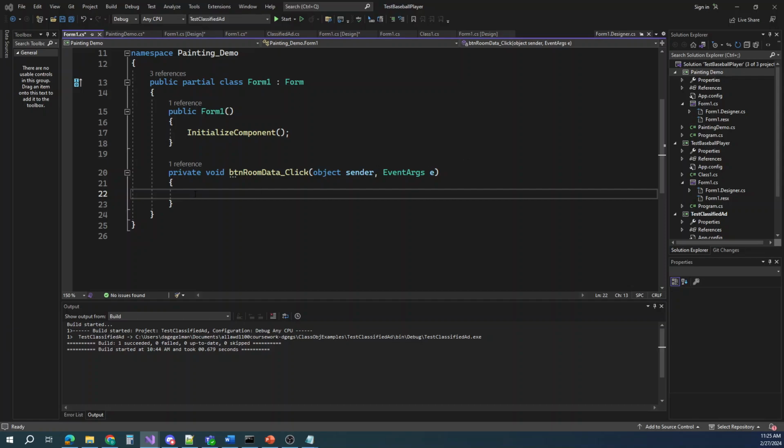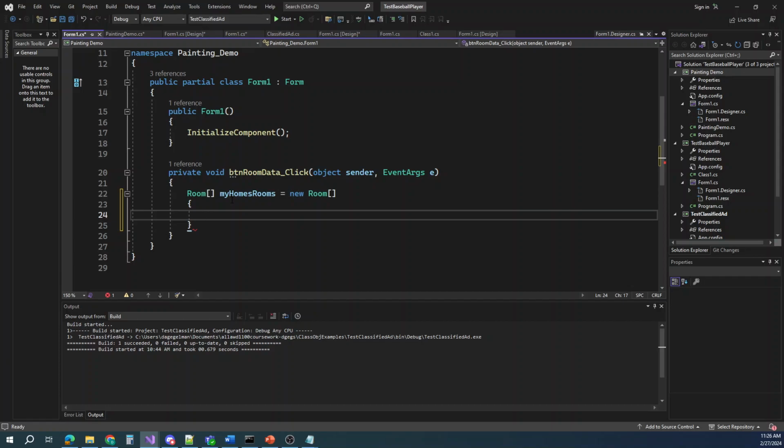So now we'll start setting up the actual code for it. First thing we've got to do is set up our array called room, and then we'll call it my home's rooms. We'll call it new room. So we're setting up an array just like we did in the last one, and like we've been setting up arrays the whole time before. And we'll give it